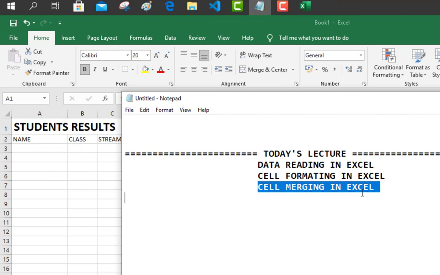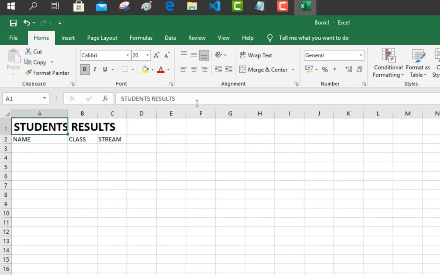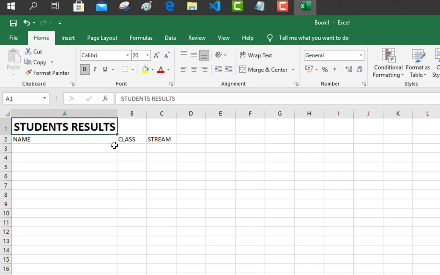So that's why we shall use cell merging. Actually, before we use cell merging, we can still use our simple formula of clicking on students, and then you drag and drop where you want to stop. So right now it is still inside A1, and we now want to use the concept of cell merging for